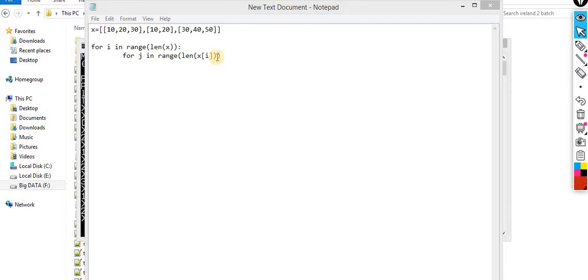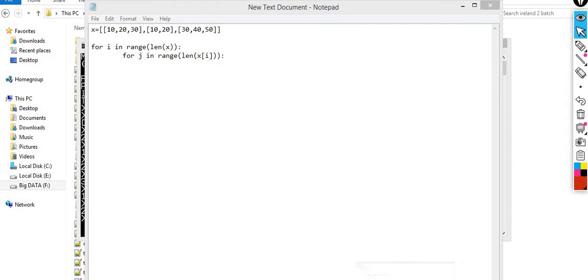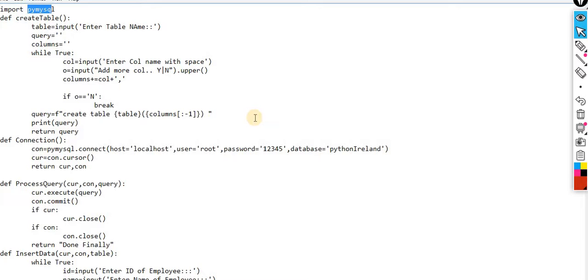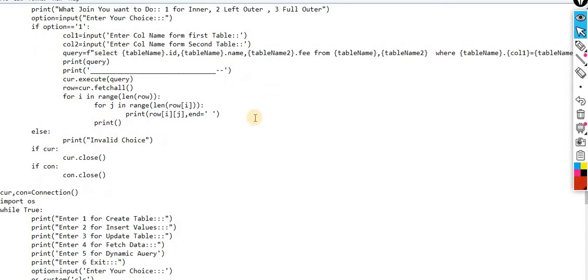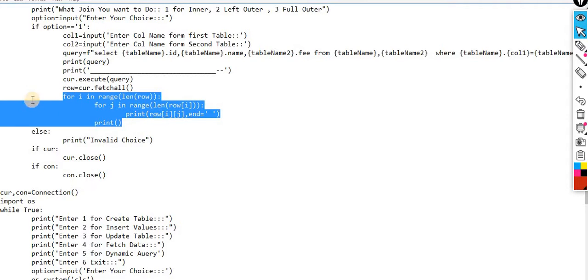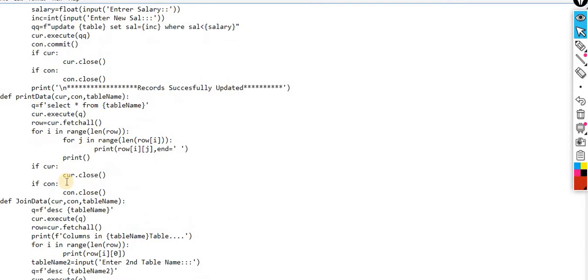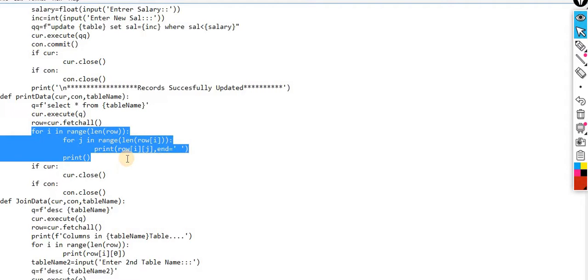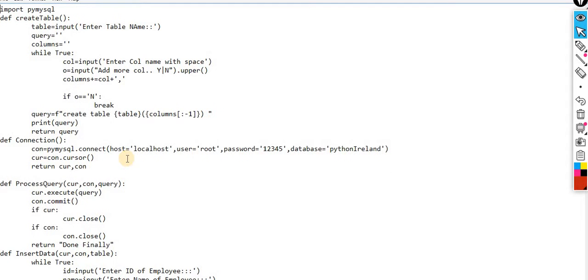Because we will use this logic n number of times when we perform the concept of database connectivity. If I show you the code, you can check out this code. Yesterday's class I described this database connectivity, the entire project. You can check the entire same code here. One time I use this code, because this time I am fetching the data from MySQL. So exactly the same scenario is happening. Data is printing for 2 times. So this code is implemented 2 times over here. So this is the concept.